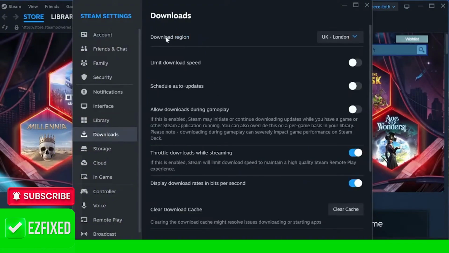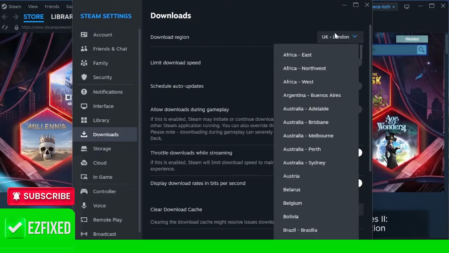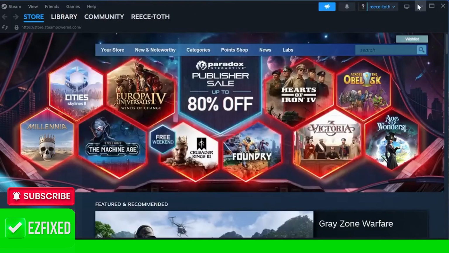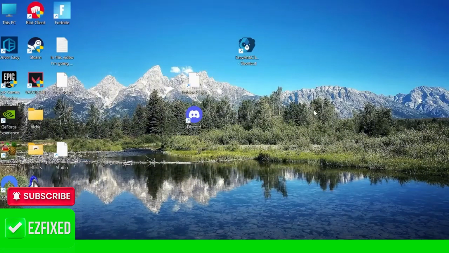What we want to do, where it says download region, is change this to a region that's closer to ourselves. Mine here is set to UK London, which is great because I'm based in England. But for example, if you're based in Africa, you may want to set this to a region closer to Africa. Then we can close out of the Steam application,